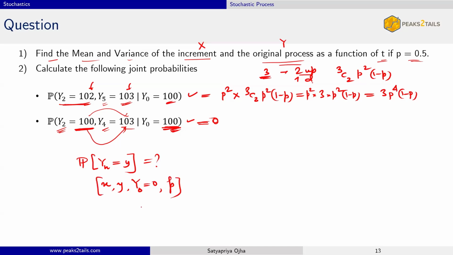Okay. So initial value is 0. And you figure out the probability of Y_n taking a value y. General formula. Okay. Please don't use ChatGPT. If you want to learn stochastic process, do not use ChatGPT. There are chances you'll get a wrong statement, wrong calculations. And if you learn that, it will be very difficult for you to unlearn. Okay. Anything you need, ask me. Refer to textbooks. Do not use GPT at the moment.